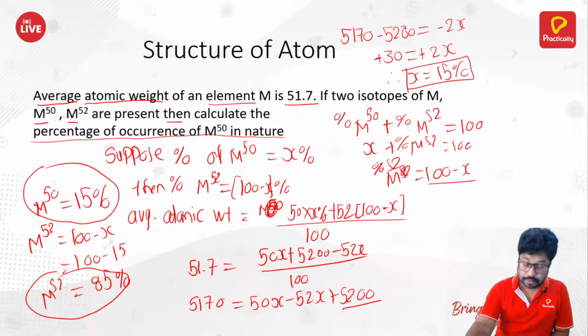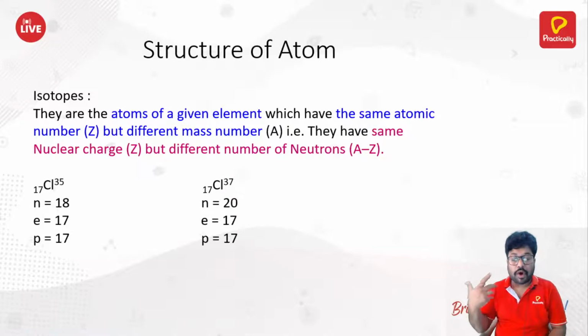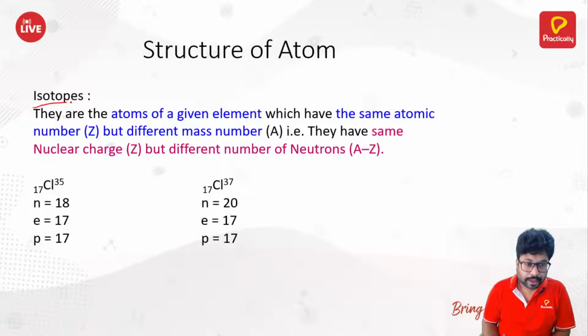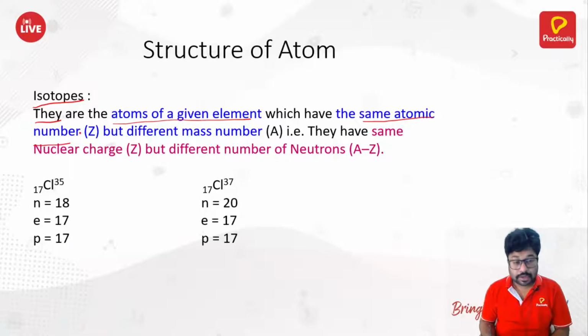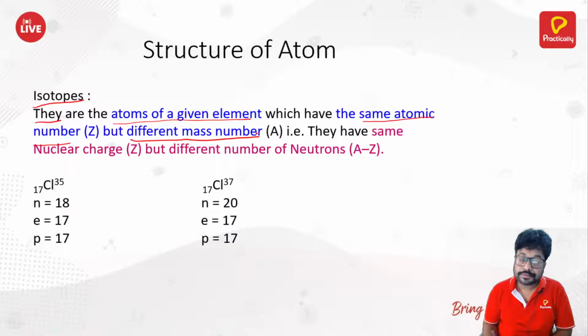Okay, so moving ahead. Now we'll see what are isotopes. Okay, isotopes. See, they are the atoms of a given element which have the same atomic number. Isotopes are the atoms of the same element. They are atoms of the same element having same atomic number but different mass number. Their mass number is completely different,